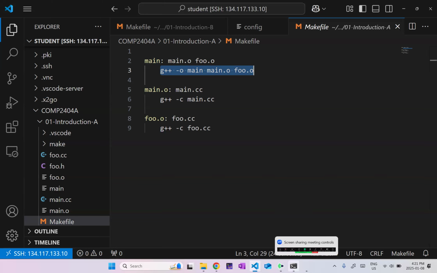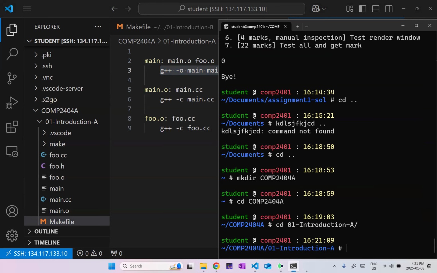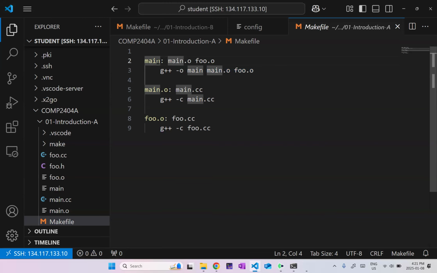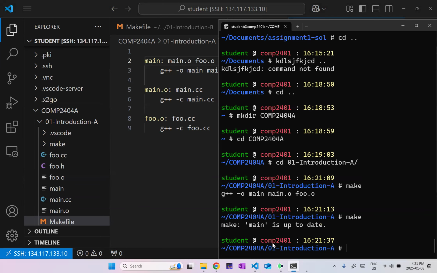And so yeah, if I'm here and I run make, well, for whatever reason, it sees that main.o and foo.o were up to date, but we should recompile this main. And I imagine it has something to do with the difference between the clock on my computer and the clock on OpenStack. But yeah, and then if I run make again, it says main is up to date,